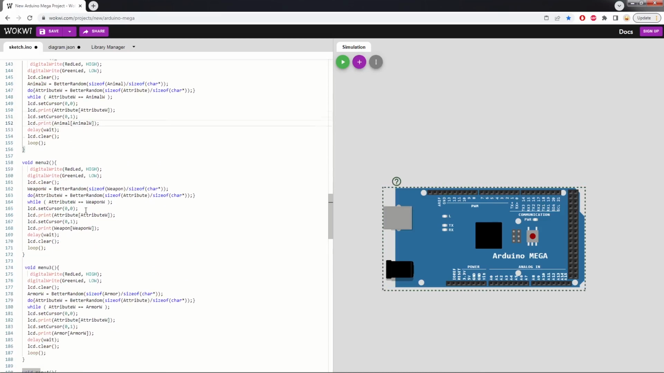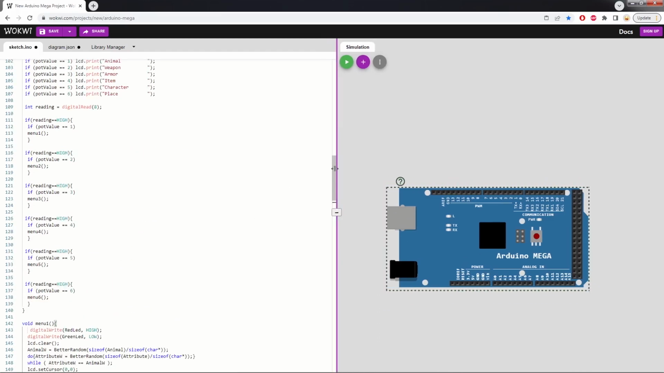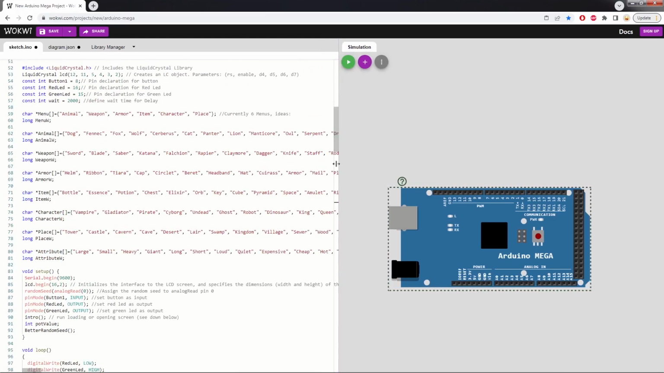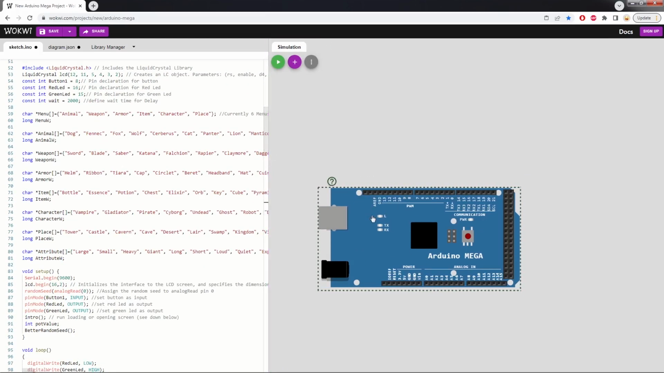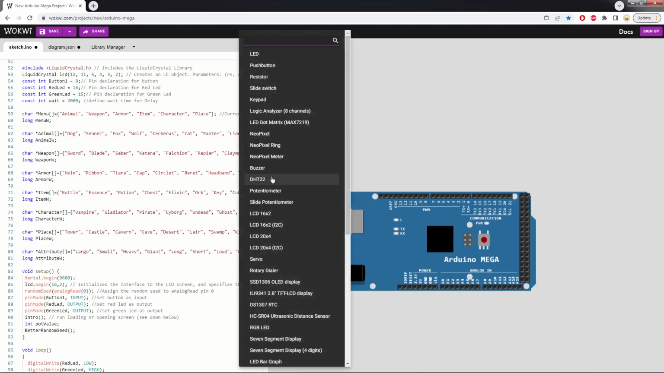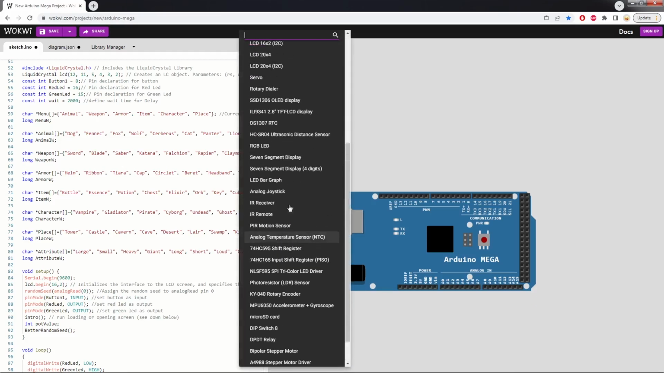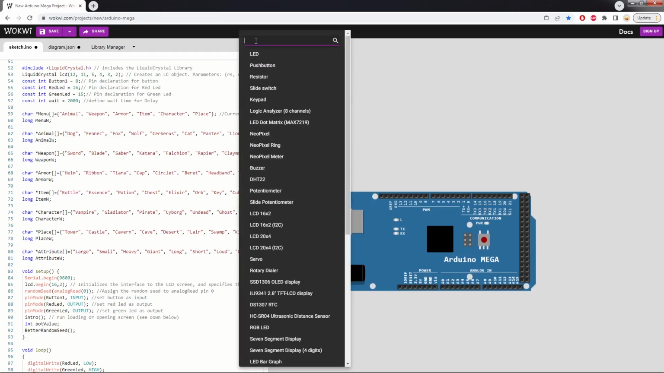So I'll show you around how to create a circuit with that. It's a really powerful tool. Okay, so let's go. First of all, you have your Arduino Mega, and then I think we'll tackle the LCD first. As soon as you click, you have a drop-down menu, and you can type in the search bar or just go straight to LCD